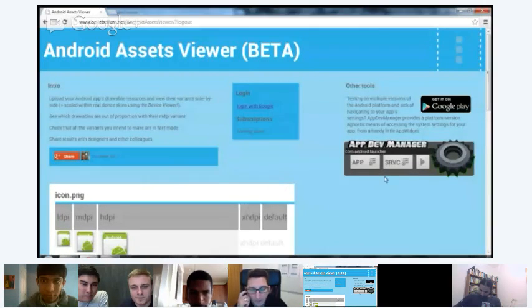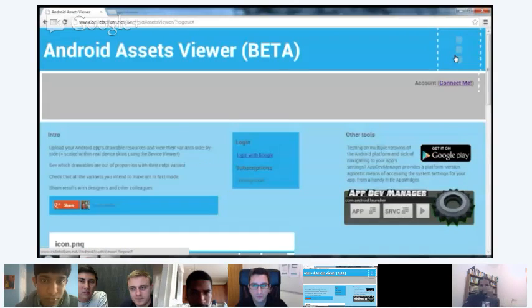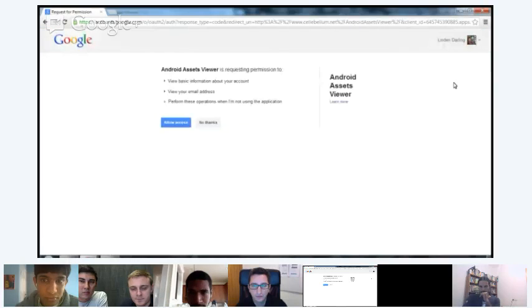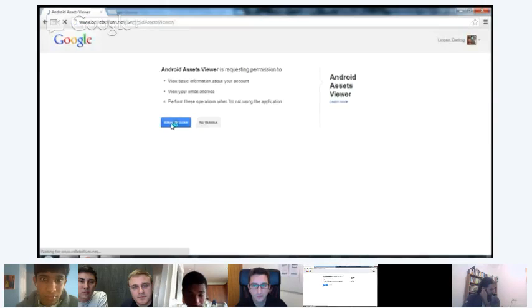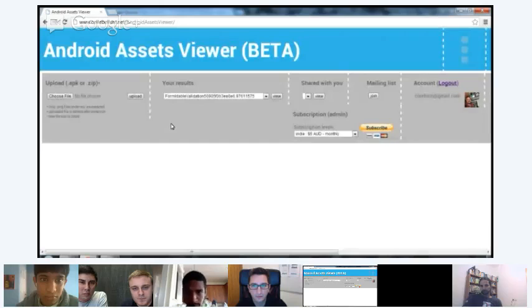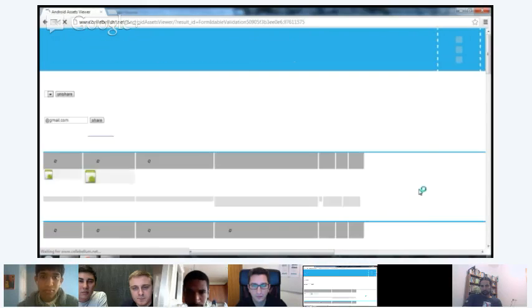Mm-hmm. Cool. Okay, so this again has stemmed from pains that I've found in different contracts, working quickly to make apps and working with designers that are generally new to Android. So basically the idea is you want to provide an easy way to show graphics and look at all of the graphics across your different size buckets, all the drawable variants. So this does that and gives a little bit of analysis feedback,